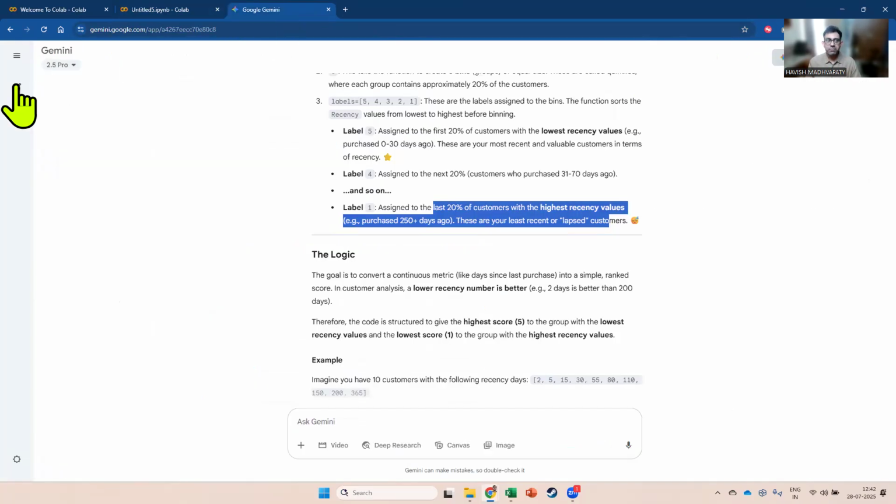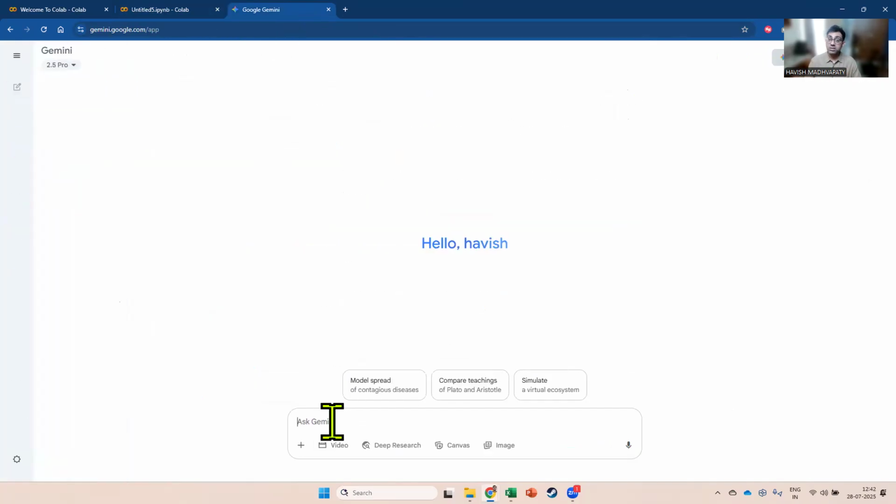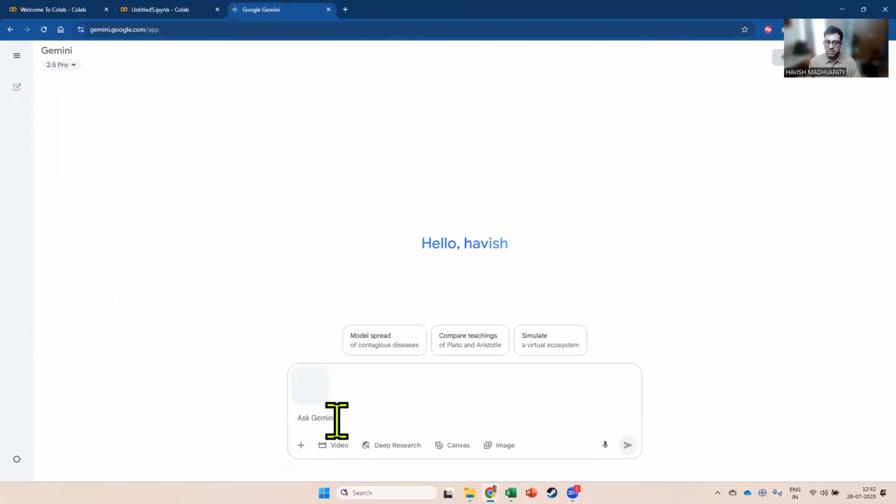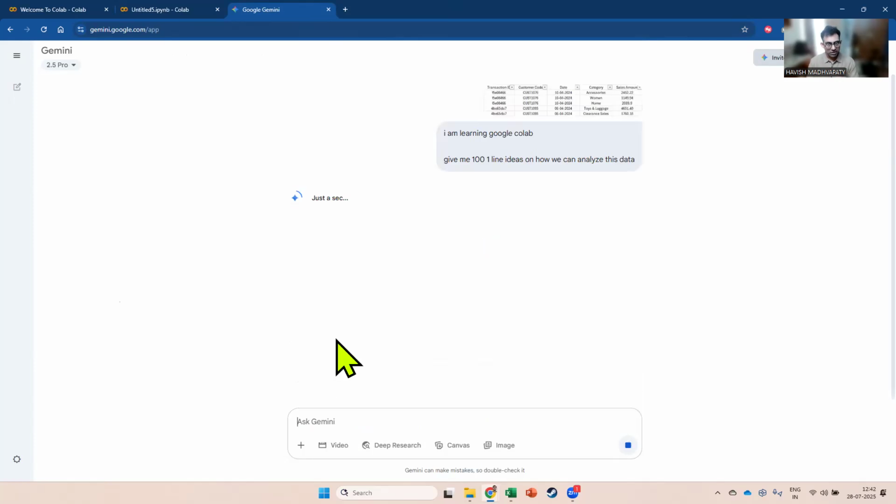Also would like to share that you can always go and ask for suggestion. So what I would have done is I would just copy a few rows, paste it in Gemini, and then ask it, I am learning Google Colab. Give me 100 one-line ideas on how we can analyze this data. That means it knows that there are 5 columns, and I'm simply asking it, give me 100 one-line ideas on how we can analyze the data. And as you can see,